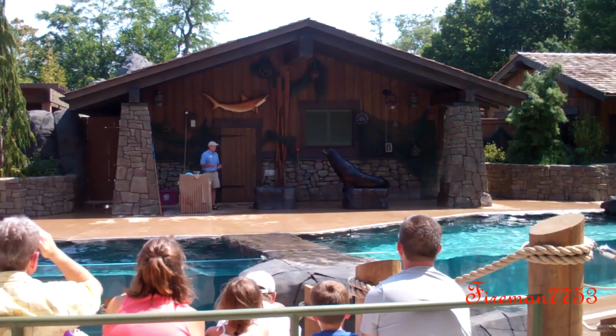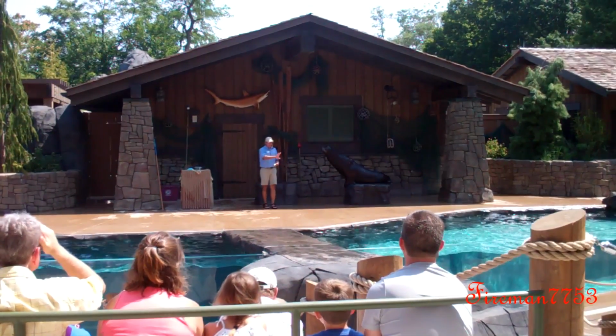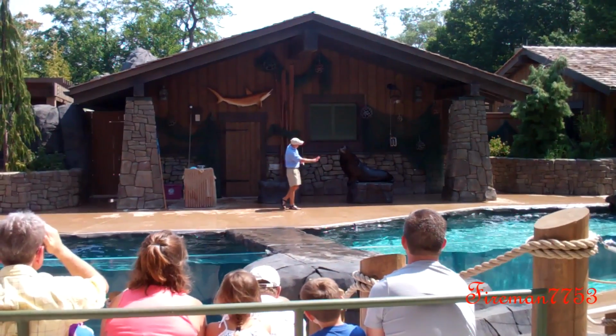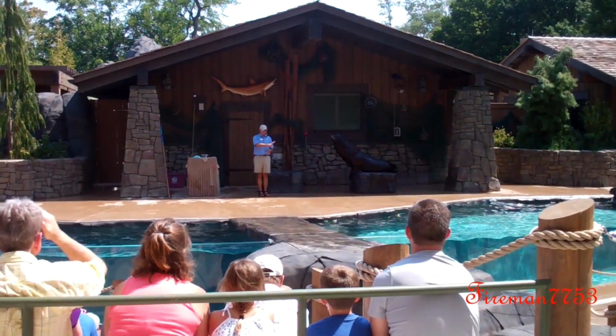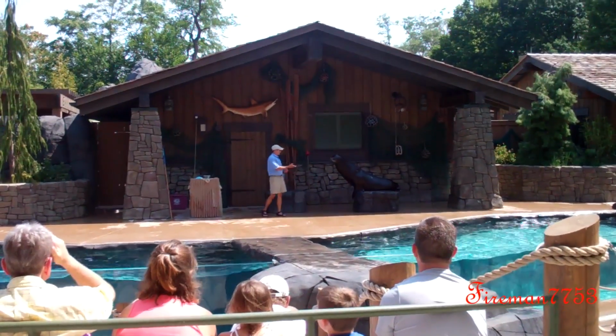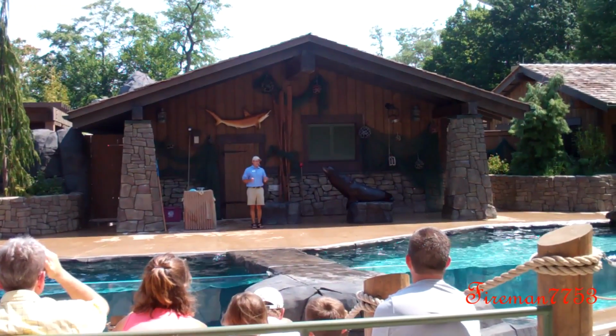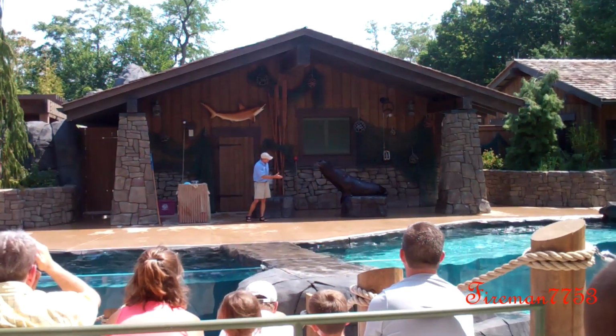Currently weighs in at 460 pounds. Now, something you're going to notice about Robbie, we just want to let everybody know, throughout the presentation this morning, you will see some spots on Robbie's coat. He's developed this wonderful behavior as we move to our new facility. He likes to rub himself along his pool wall. He found some spots he really likes to itch and rub, and he's actually taken the hair,